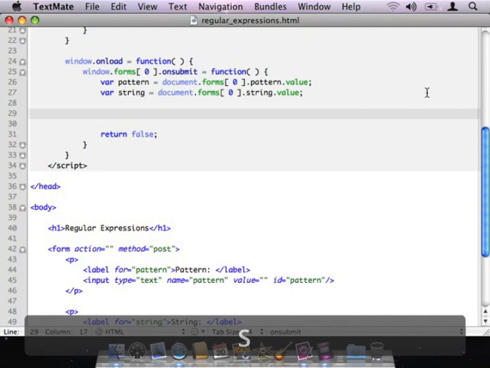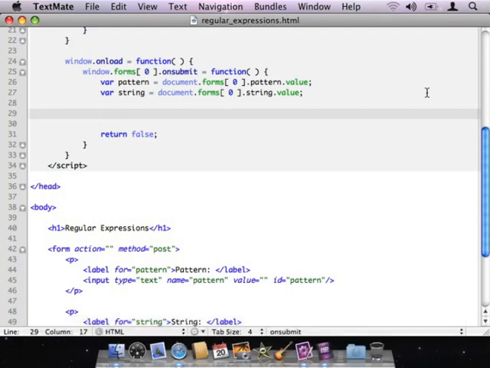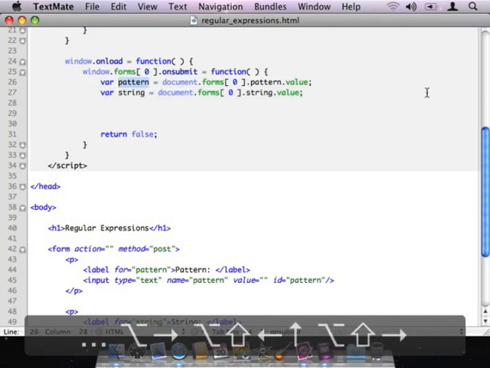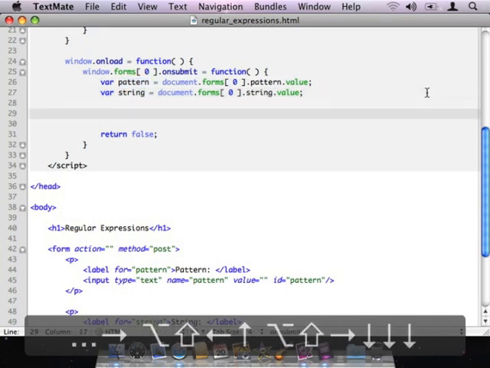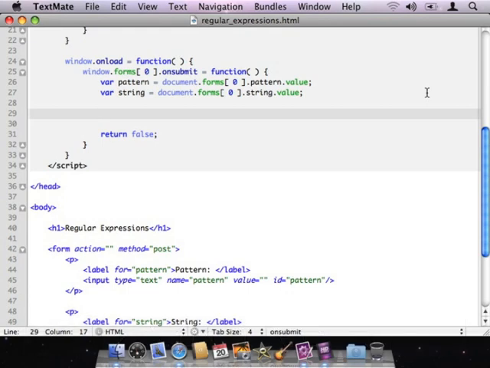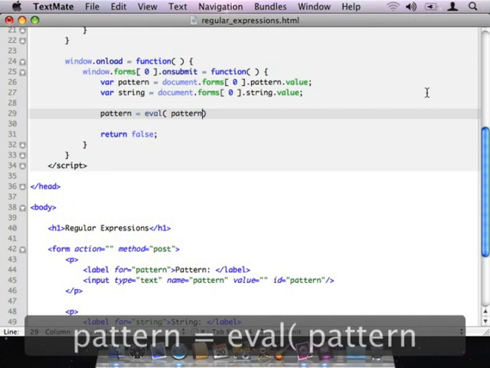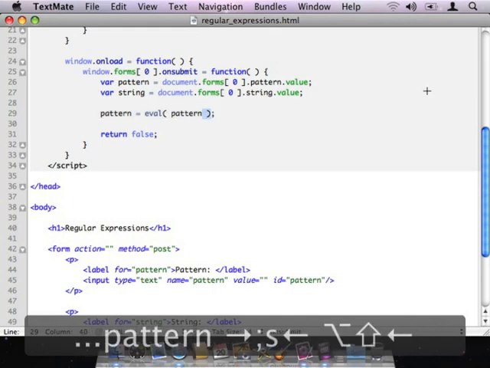Right? Now at this point both the pattern and the string are strings. The string being a string is not a problem, but the pattern being a string is. I actually want that pattern to be a regular expression. So I'm going to convert it by doing an eval function call on it. What the eval function is actually going to do is take the string that's stored inside